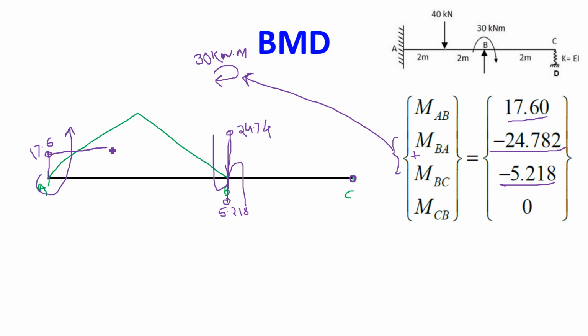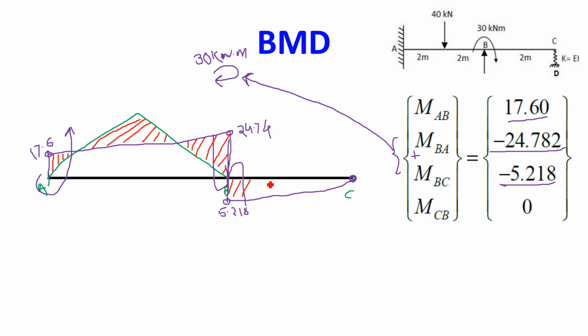So now how to join this? This is the point which you have to join. So this is your final bending moment diagram. If you want, you can highlight the net bending moment diagram. This is the net bending moment diagram. Okay, like this you can solve the problem of analysis of a continuous beam using the stiffness matrix method